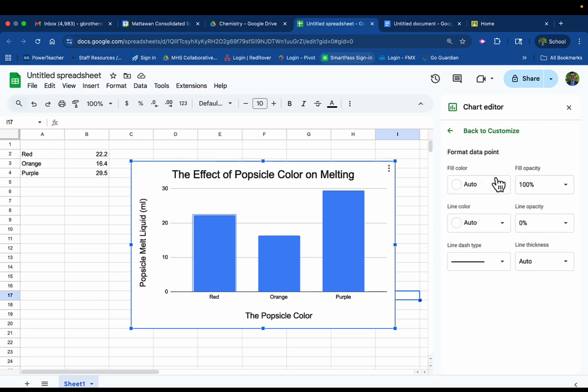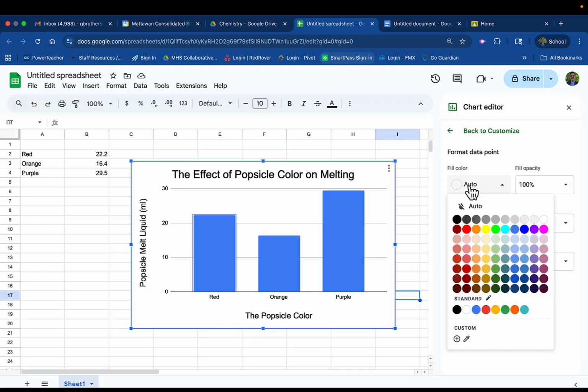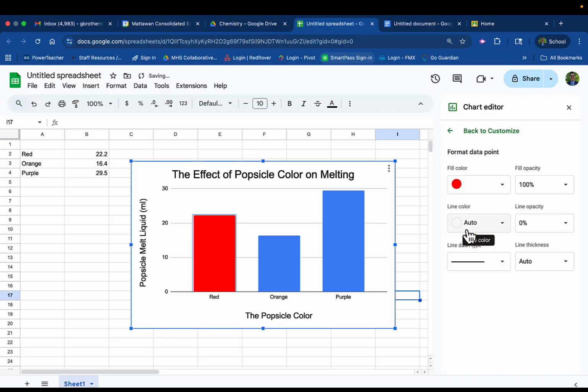and the purple. Now what we can do, where it says format data point, we want to come down here to where it says fill color. Now this is my red box, so I want my box to match that. I'm going to click where it says auto. I'm going to choose red. Oh, that's nice. Okay. Now I'm going to come over here to orange, and I'm going to do the same